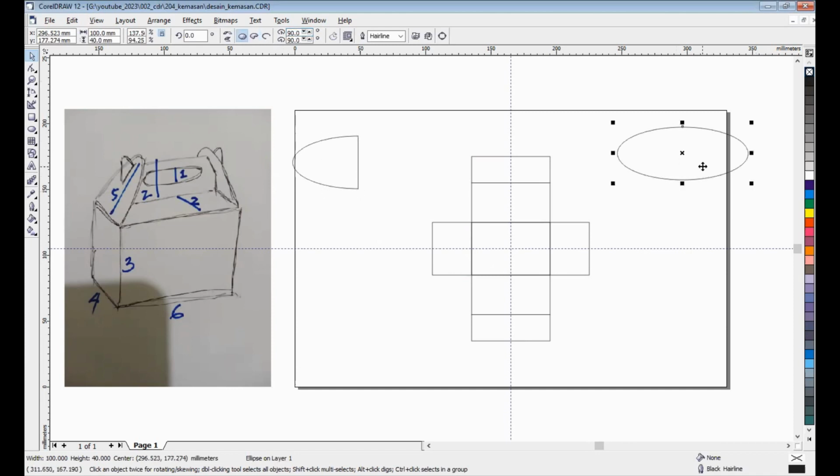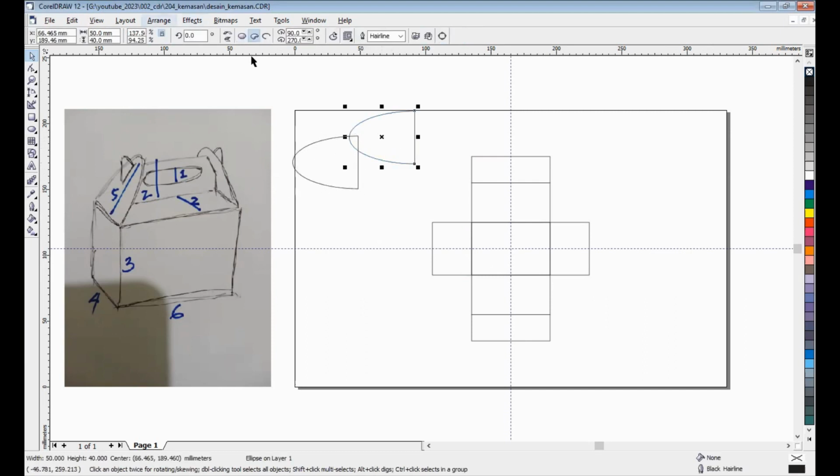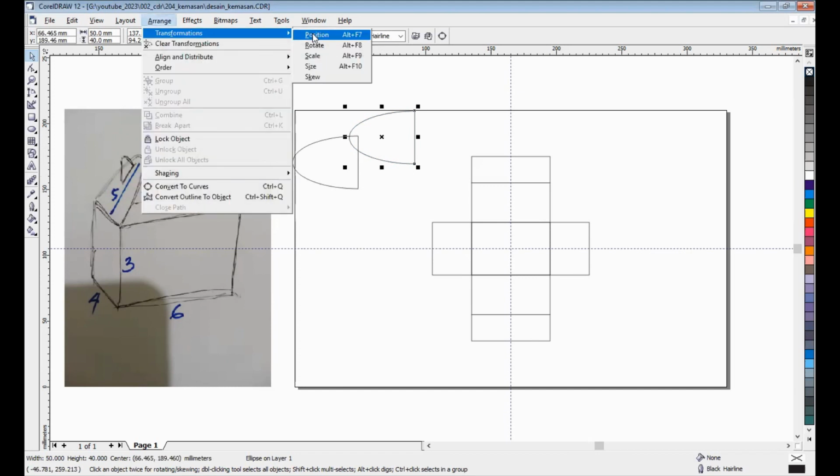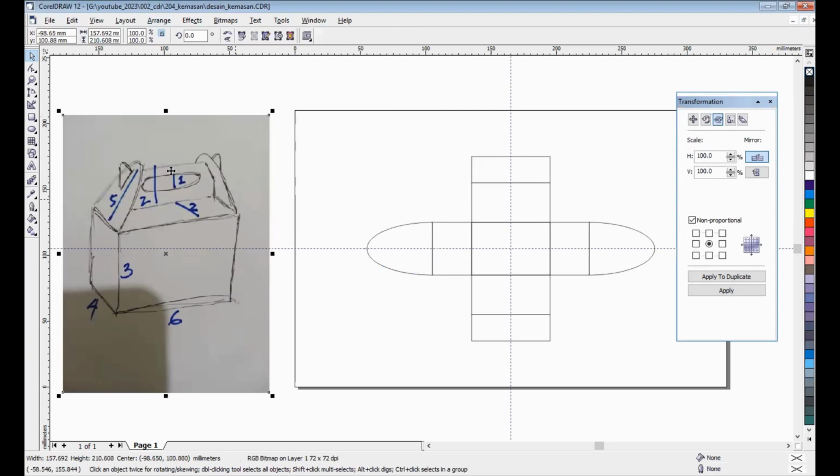If you want to do this, you can delete, and we can copy paste this, then flip or mirror horizontal. Okay, like this. Okay, it's clear. This and this. Want to lock the object too.